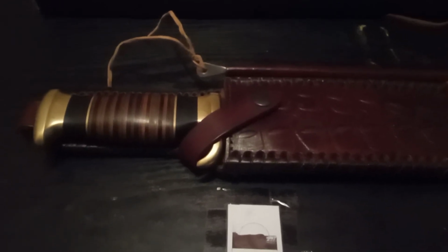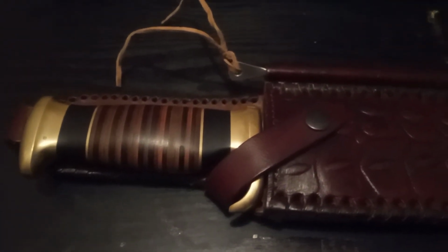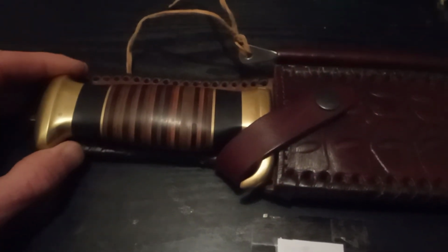I've spent money on multi-tools and been bitterly disappointed. I've spent money on other knives and again been disappointed, but this has done whatever I've thrown at it and what I've asked it to, you know. Battening, as I said, I don't see the point of battening. If you need a batten, have an axe. You know, I normally take this and an axe,